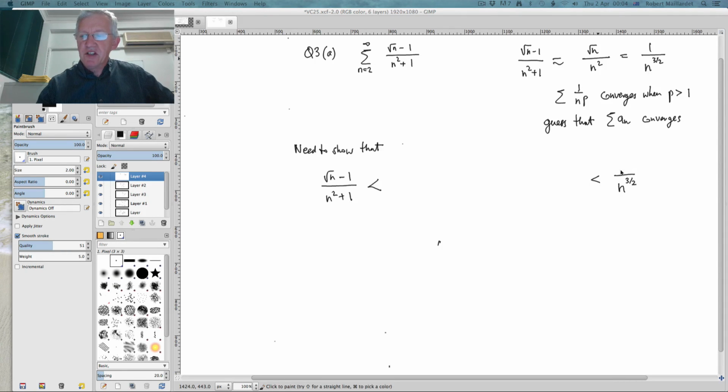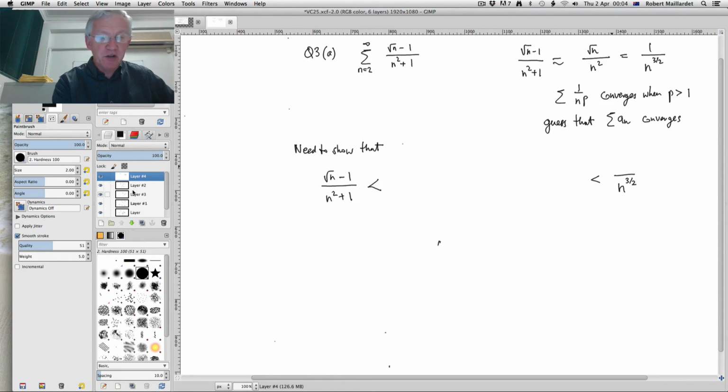But I don't necessarily have to compare it with 1 over n to the 3 on 2. I can, if I wish, introduce a factor of k here. This is a convergent series, and if I multiply it by k, I don't change the fact that it's a convergent series. So that allows me some flexibility in the way I set up the inequalities. So I just like to motivate what's happening here. This term an of our series, we want to show that they're all smaller than this convergent